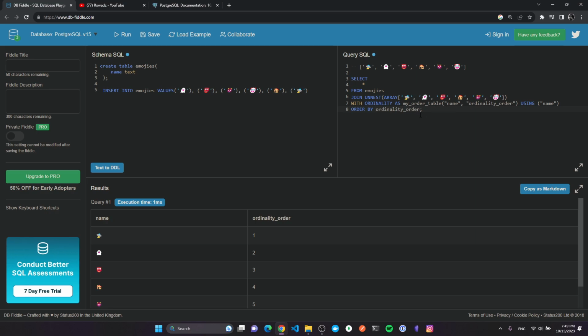Also, you could end up with cases where you have to order by this multiple times, especially if this is nested in a big query and you have multiple ways to order things throughout the whole query before you apply your limits, your filters. So just keep in mind, you might end up ordering by this a couple of times. It's okay, but that's a way to order the rows in, I